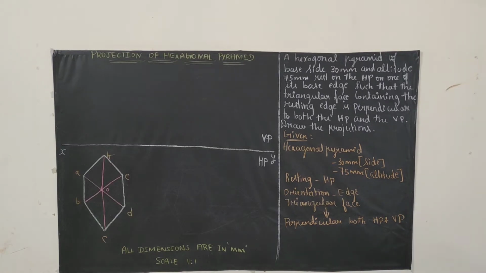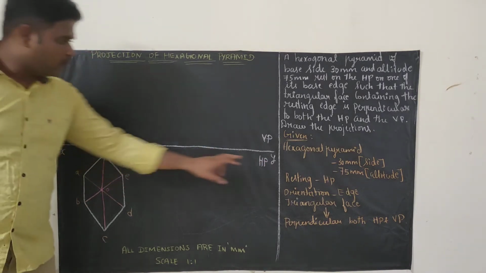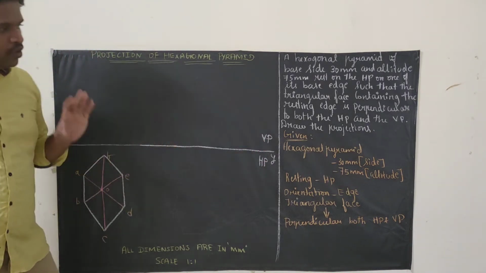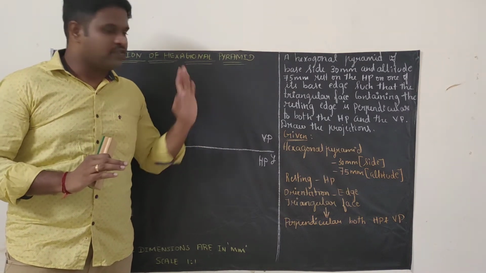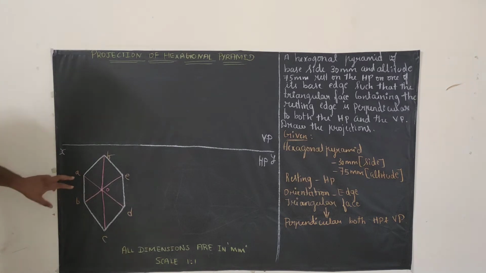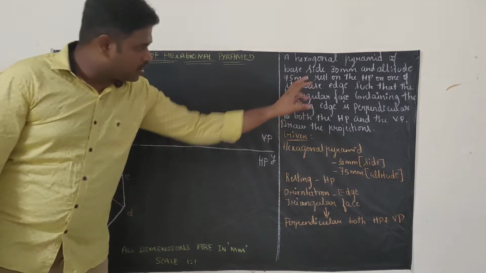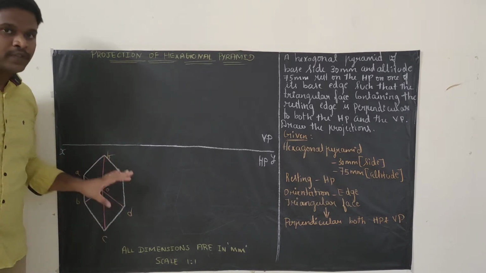The first step is we need to draw the reference line. Draw the reference line, write as X, Y, VP, HP. Then we know very well we are going to draw a hexagon. Hexagon will be our base diagram and we are going with the first one as I said before. How to draw this hexagon you know very well. So this is your base. Base will be 30 mm. So this is 30 mm. So start here and complete the hexagon. After that naming will be A, B, C, D, E, F. So this is the top view of the hexagon.